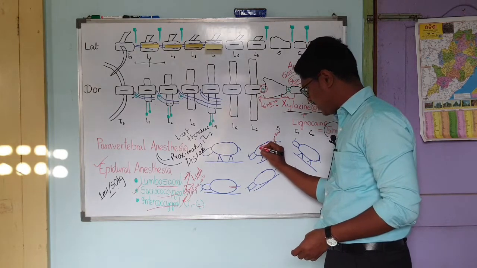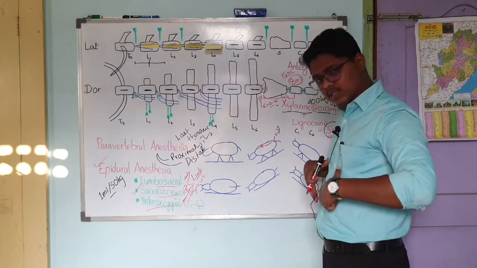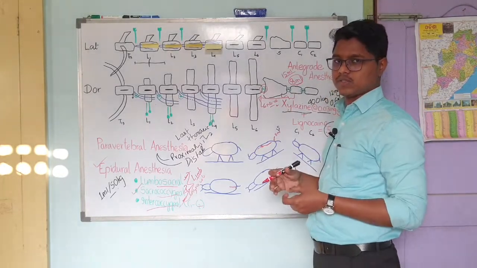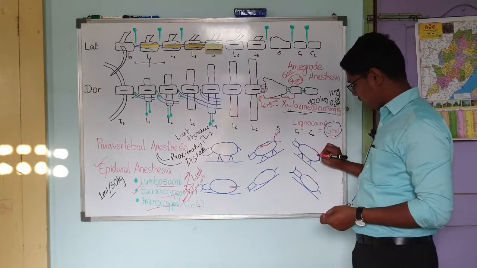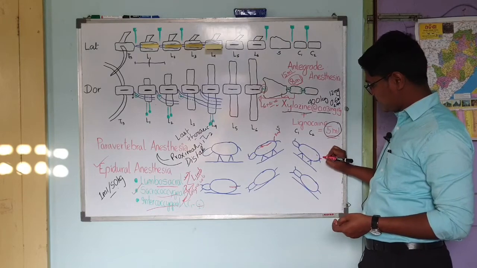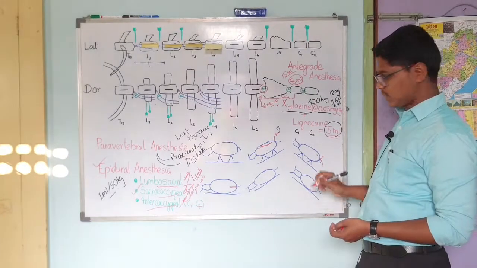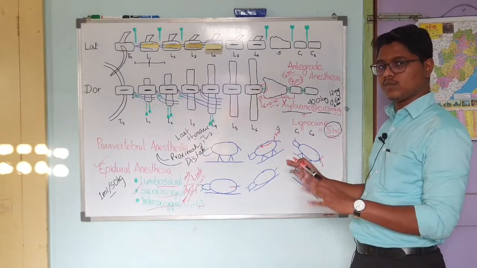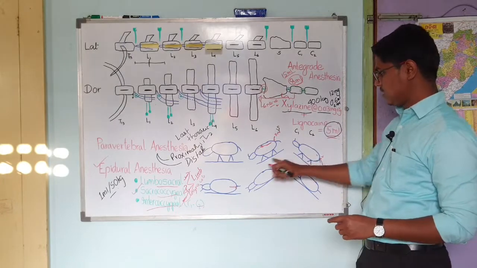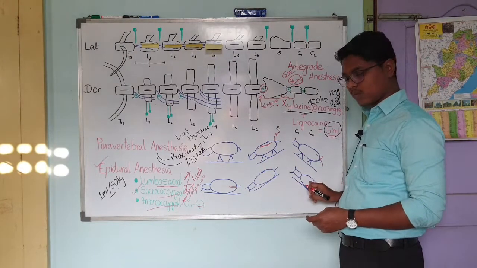It may reach the intercostal region, the thoracic vertebra, and there will be paralysis of the intercostal muscles. The animal will die. And here, what will happen? You have deposited 8 ml and it will migrate towards the tail end. You won't achieve anesthesia in the region you want. So take care of these slopes, even while in recumbency.